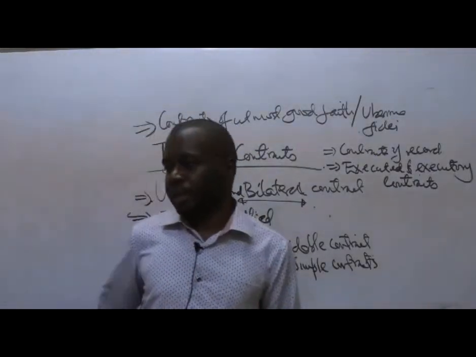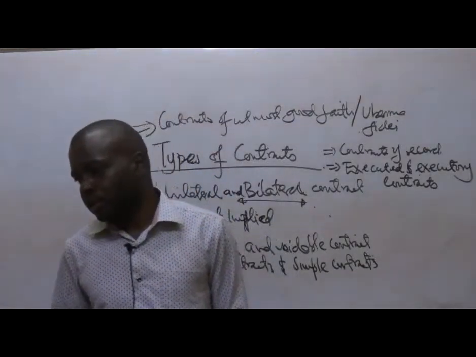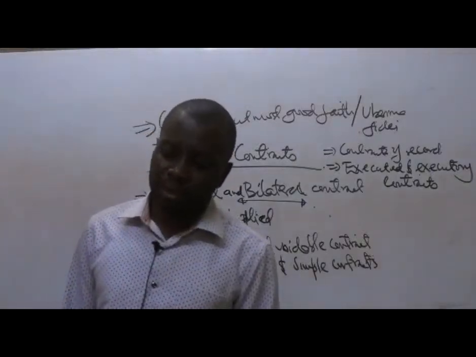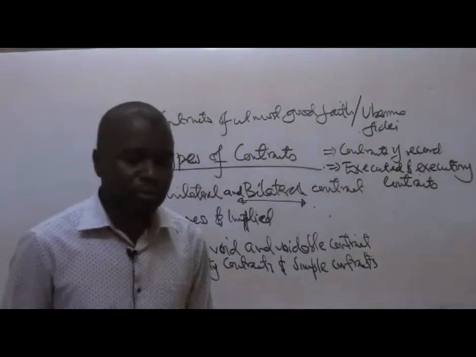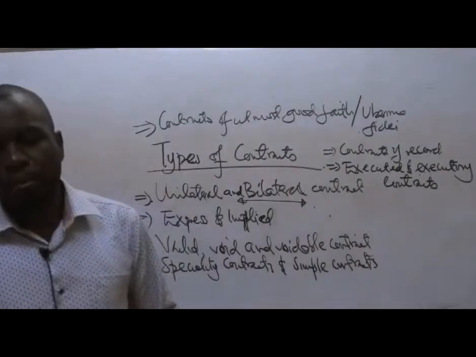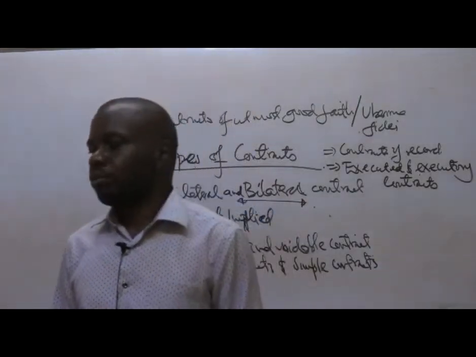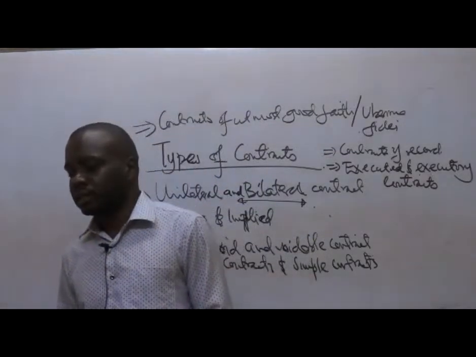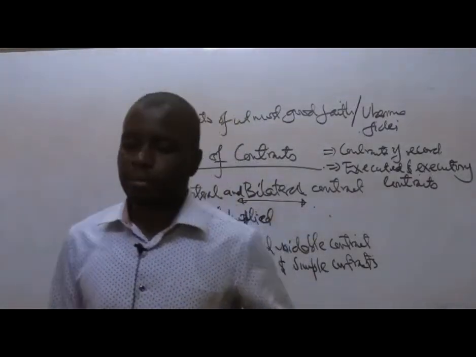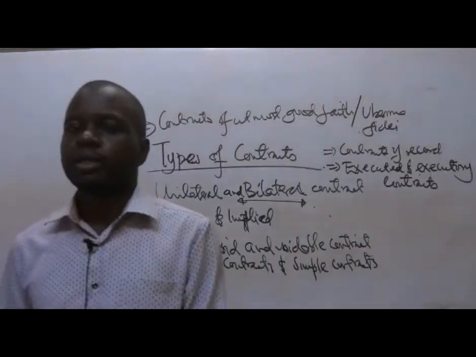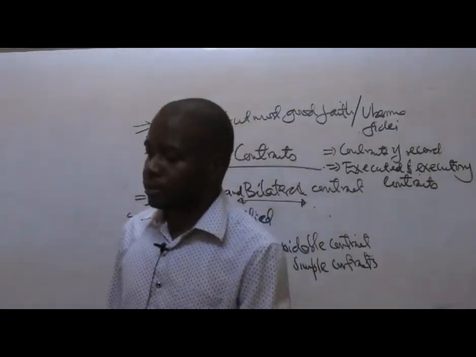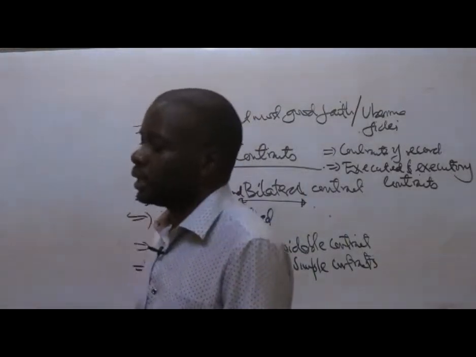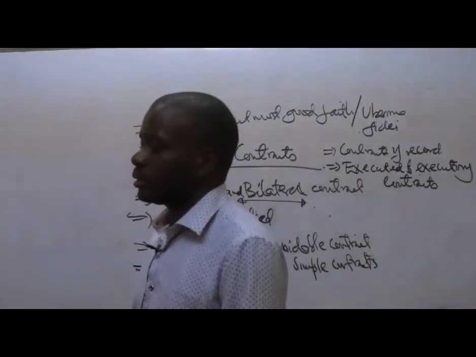The best example we can give is, for example, a promise to reward anyone who recovers a particular property, or a notice put out by the government that they are looking for a particular criminal, and that anyone who produces the criminal will be given a reward. So no one from the public is bound. Any person can identify the criminal from nowhere. They are not binding a specific member of the public to bring out this particular criminal they are looking for.